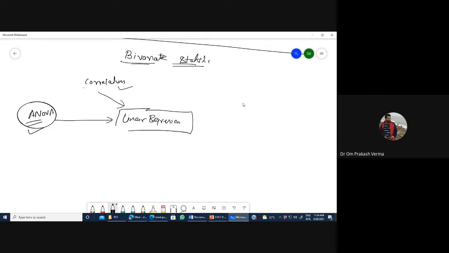Let's say we have variable 1 and variable 2 data. Let's say y is a function of x. Whenever the x value changes, the value of y changes.